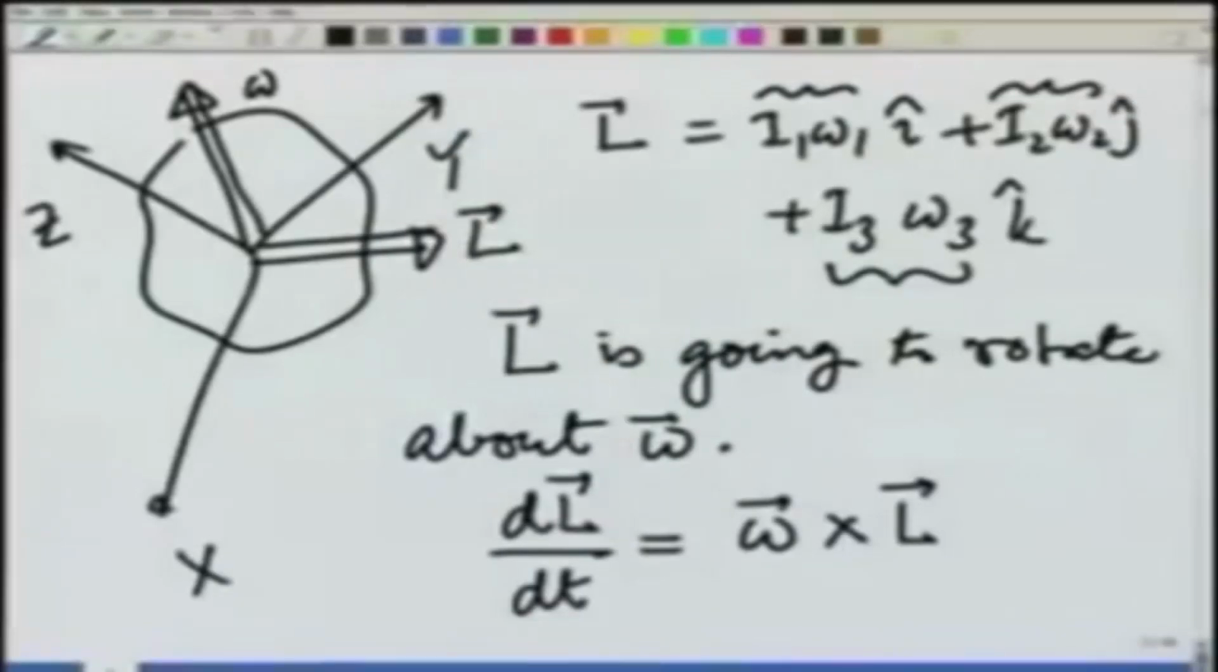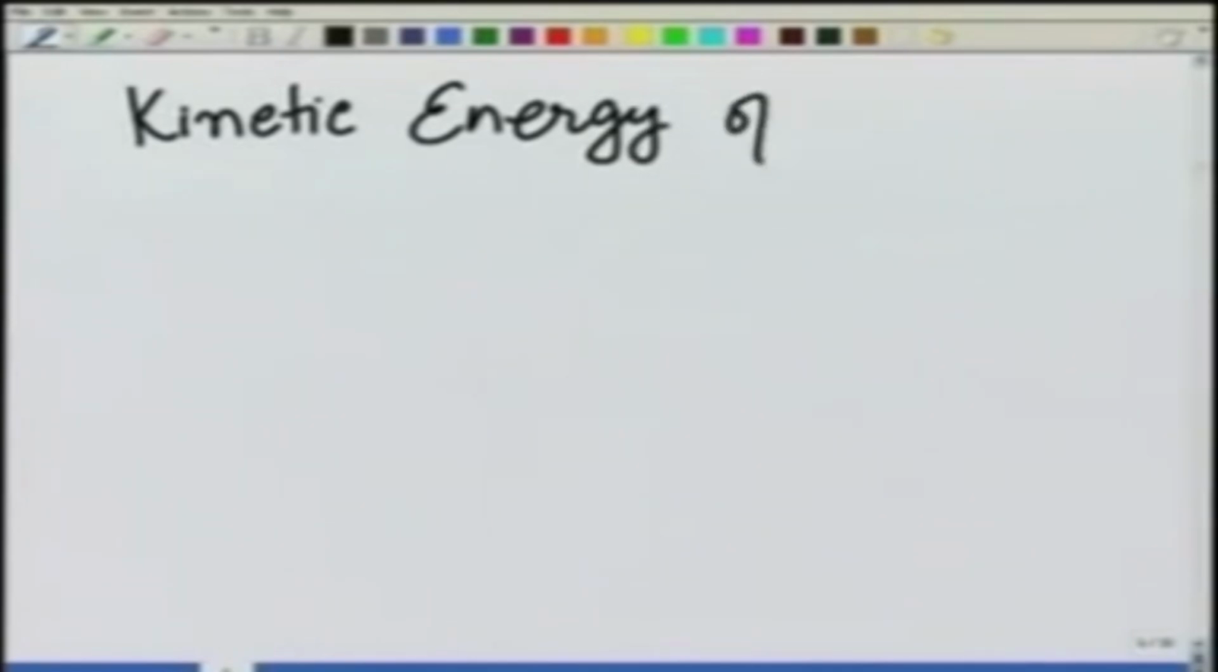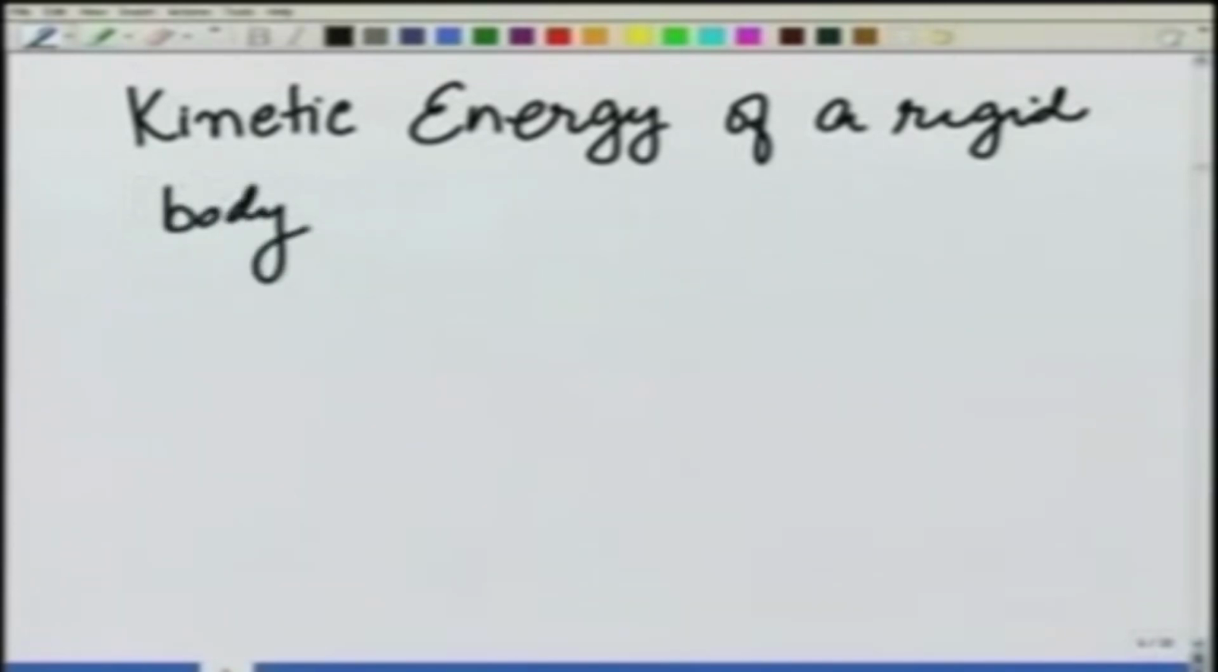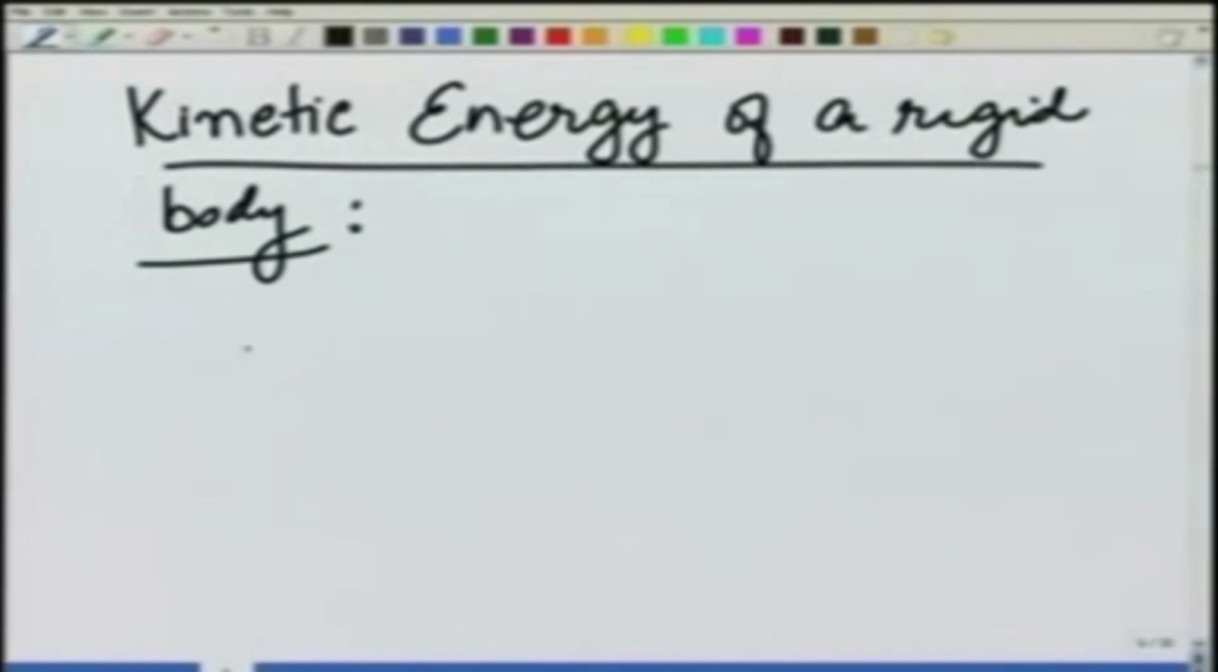But before that, let me also for completeness show you what the kinetic energy of a rigid body is when it is rotating. So, let us see, the kinetic energy by definition is equal to 1/2 summation m_i v_i dot v_i,